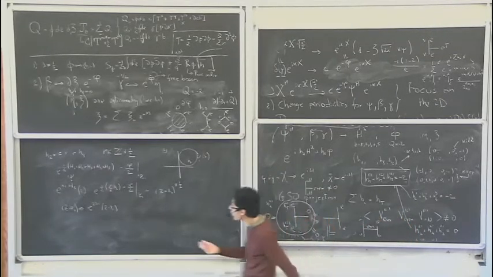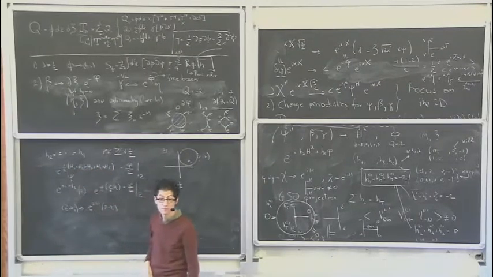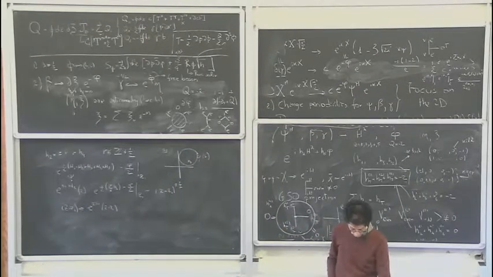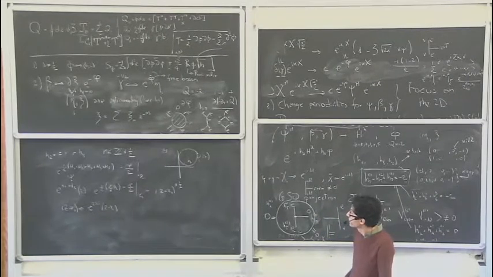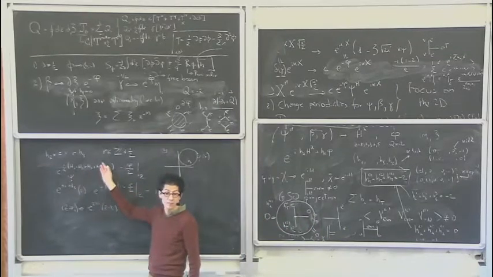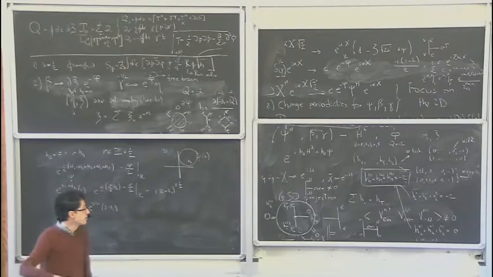And the example I did for H1 works for H2, H3, H4, H5. So what I'm saying is that these fields, these operators, if now I can check that they are BRST invariant,